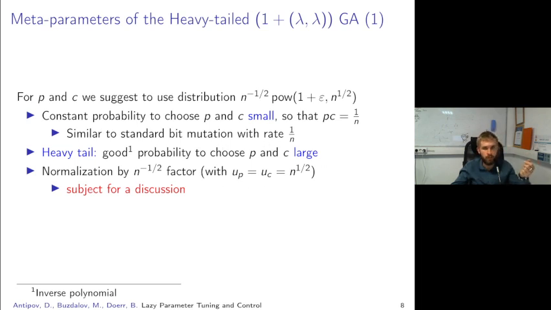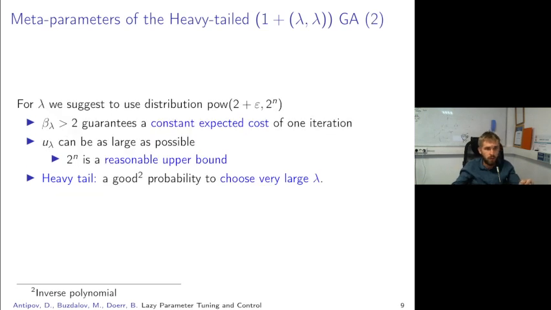The normalization itself, together with this upper bound, is actually an open question how to better choose it, but it seems like this square root of n upper bound and this normalization factor work quite well both on easy problems and also on hard problems like jump. So for the